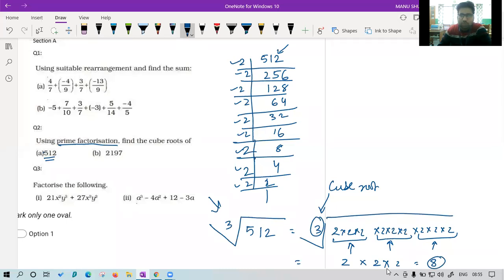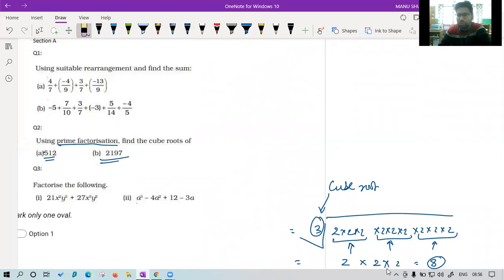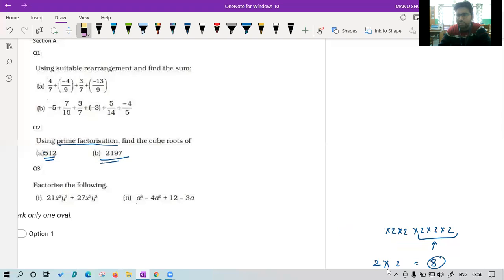Now the next one is a little tricky because you will not get any number in the starting first 10 numbers. You have to move and check further. Okay, many of you must have got the answer. It is 13. Very good. But in the starting you may get stuck sometimes if you see this question for the first time. Yes, 13 cube is 2197. Very good. Let's see.